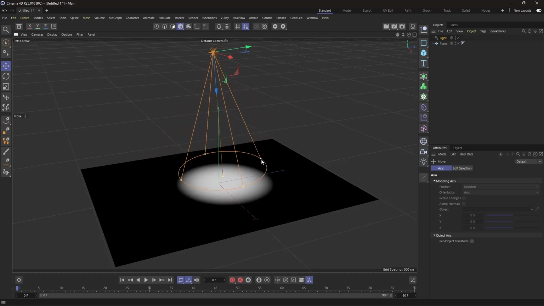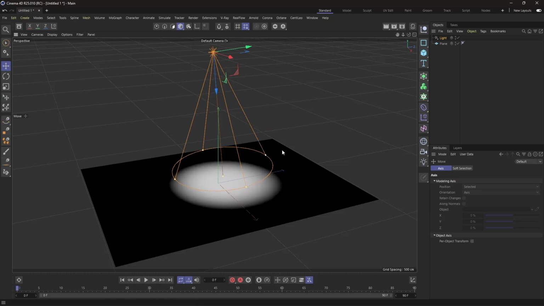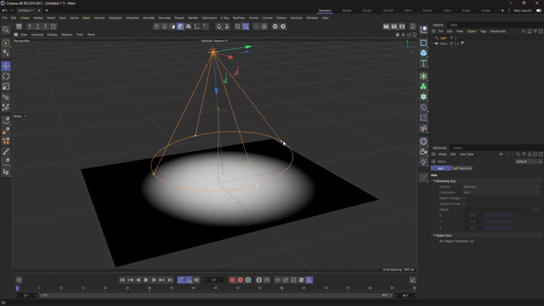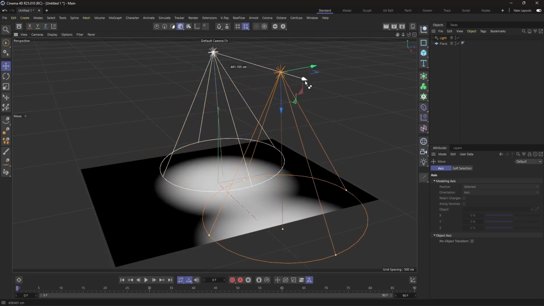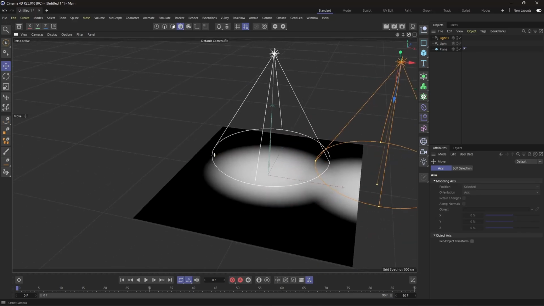So that is basically the spotlight in Cinema 4D. It is used to affect a certain spot in your scene. Okay, so you can use so many spotlights. Let's duplicate this spotlight. Okay,